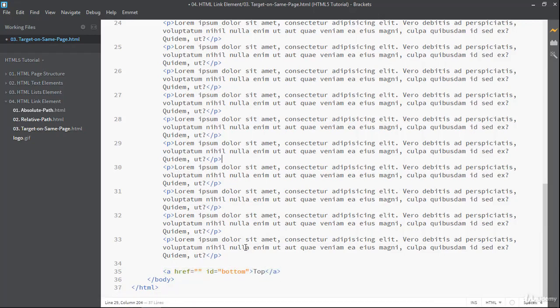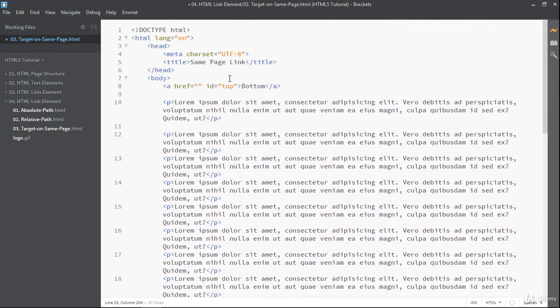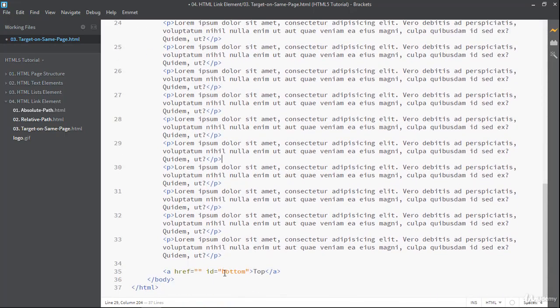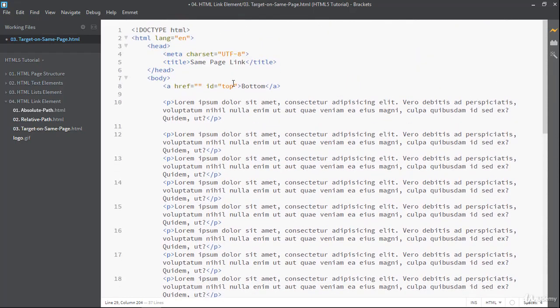Now we have two IDs for two anchor tags. For the bottom anchor tag I have the bottom ID, and for the top anchor tag I have the top ID. Now if I click here on bottom, then it should go to the bottom anchor tag, and if I click here on top, then it should target the top of the page.